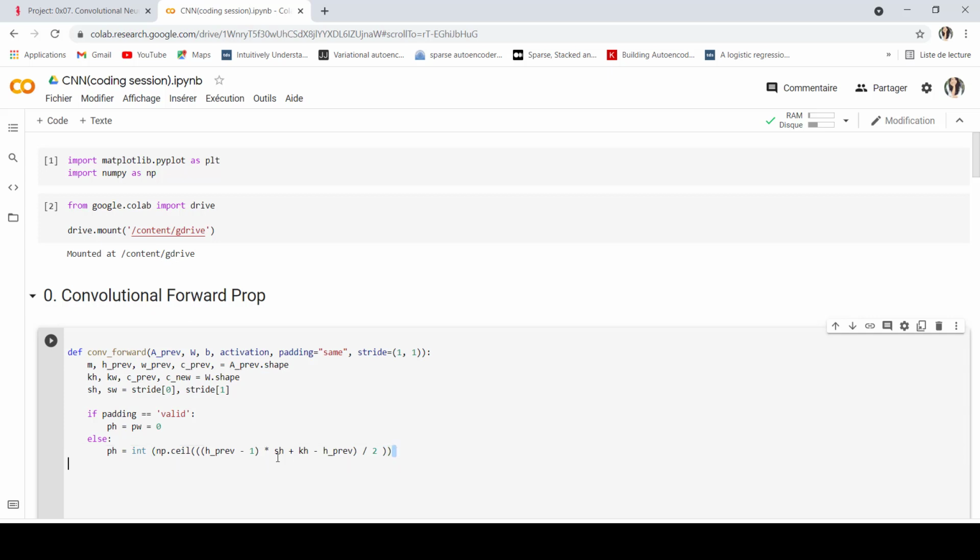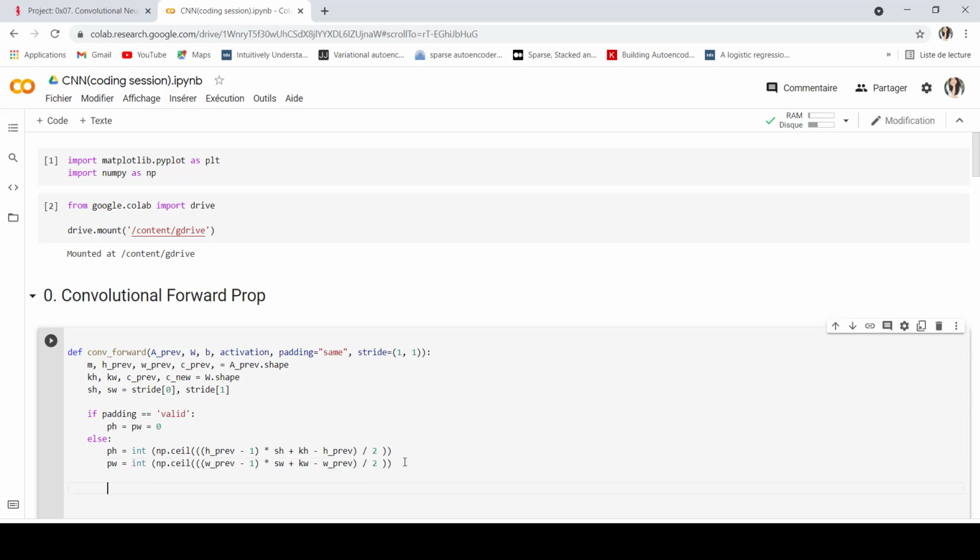The same thing applies for the width. Okay guys, so this is in case we have same padding or valid.